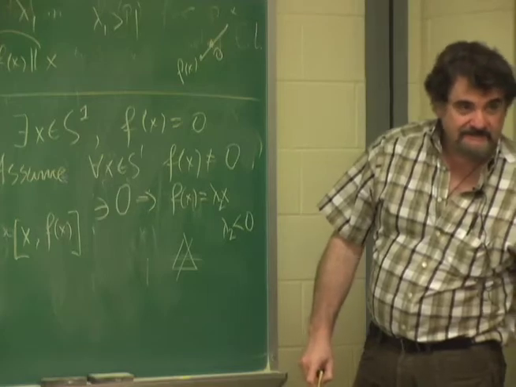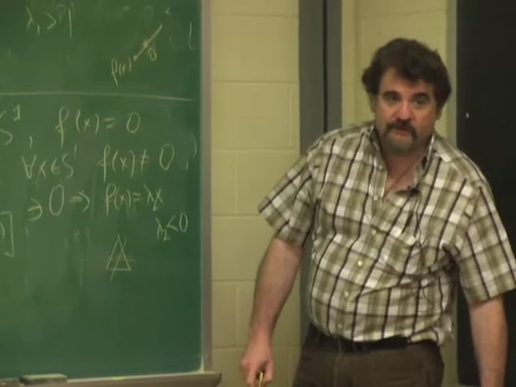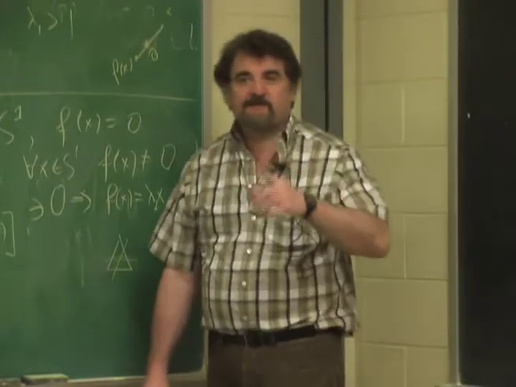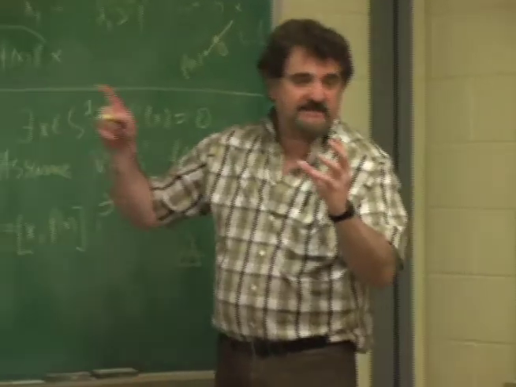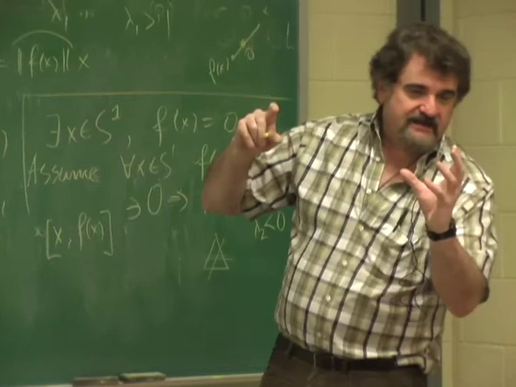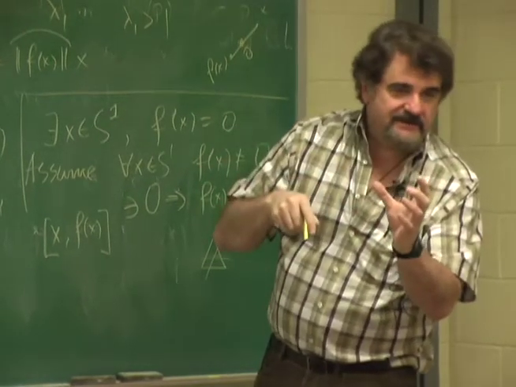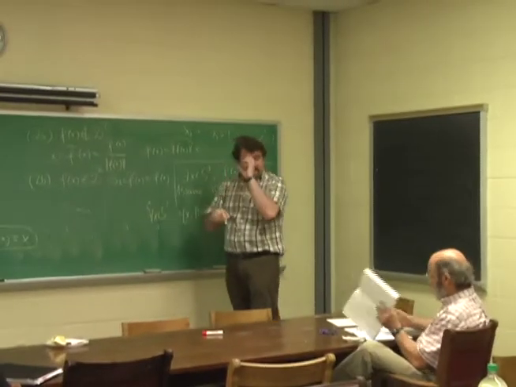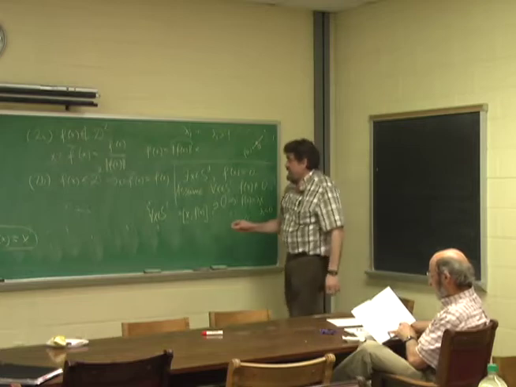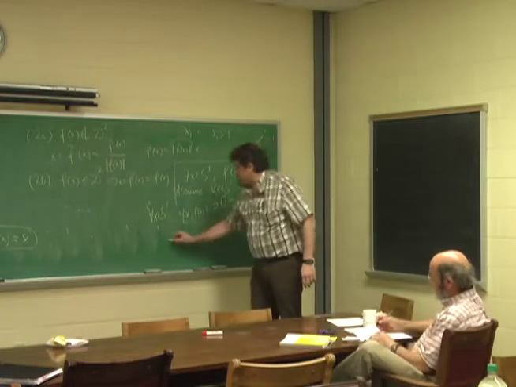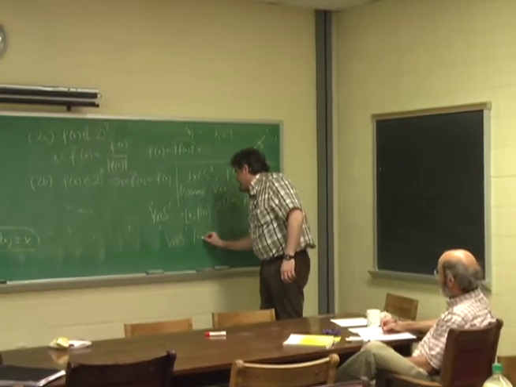Yes? I had thought that lambda 2 had to be positive. No, it is simply not true. Last time I think Jean produced an example where this is not true. Consider the mapping which takes the disk and moves it far away, with some lambda less than 1. I have to assume that for any x in S1, the interval from x to f of x